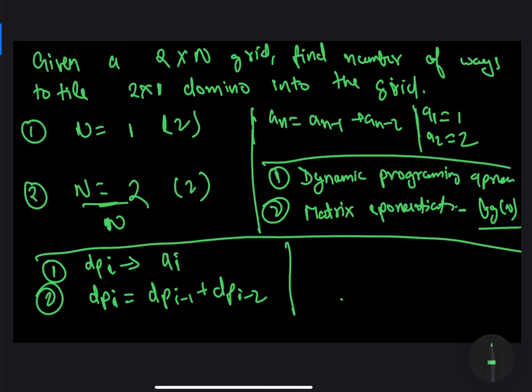The third step was laying down the correct topological order to solve the states in. In this case, since I already know the values of the base cases, I don't really need to solve them. So I need to solve the states in the order 3, 4, 5, 6, 7 and up to n.